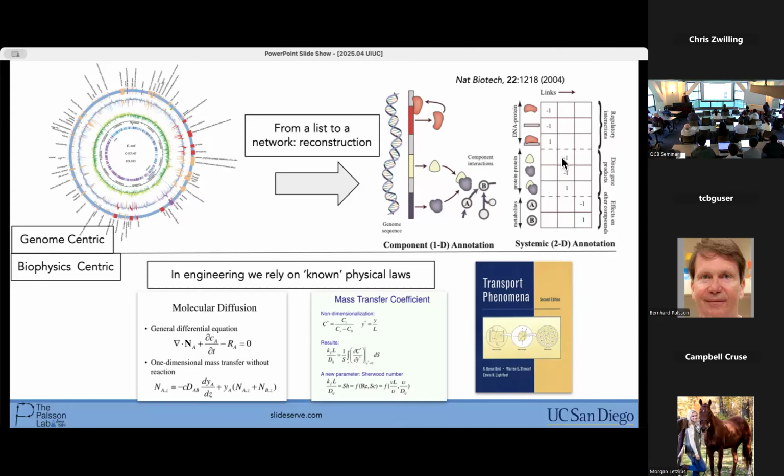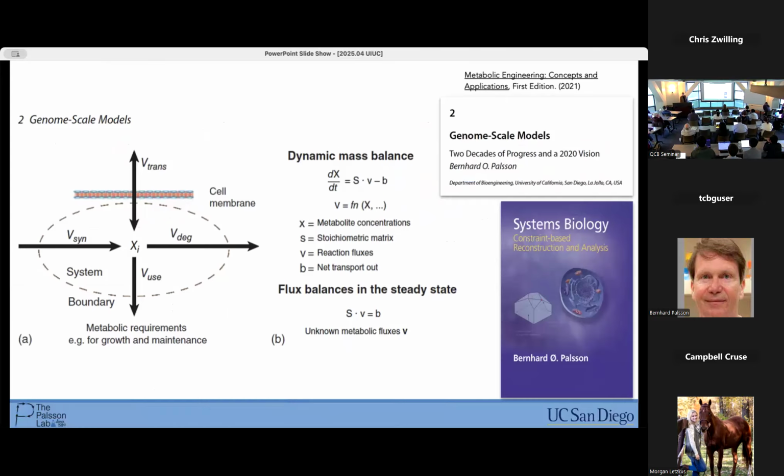So I can write this out like a reaction. And here is the transcription factor that I can bind to a promoter. I can write that relationship out like this. And if this dimer is 4, maybe it catalyzes the reaction of A to B, and I show that over here. So this is like a 2-dimensional genome annotation. It's not just what the genes are, but how they interrelate. And this is the basis for the genome scale models mentioned in the introduction. And their issue is